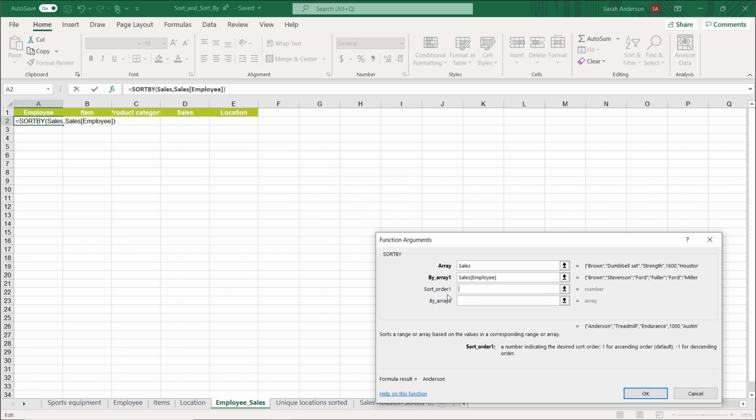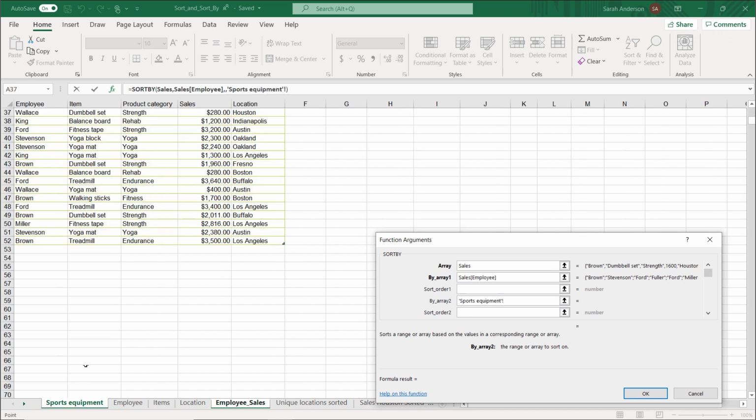After clicking into this argument, another line will be displayed where you can define by which column you want your data to be sorted afterwards. Here it is, the sales column. Now select this column on the sports equipment worksheet, matching the argument by array 2,